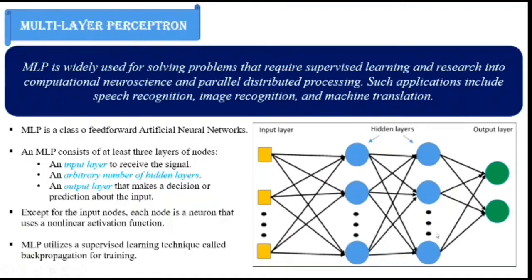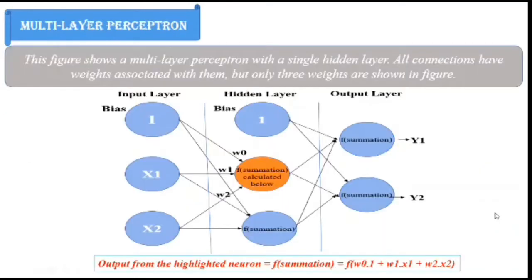But by the end we'll have a linear equation. So this final linear equation is sent through an activation function, and that activation function converts this linear equation into a non-linear form and sends that out through the output layer. So now let's understand this multi-layer perceptron with an example.